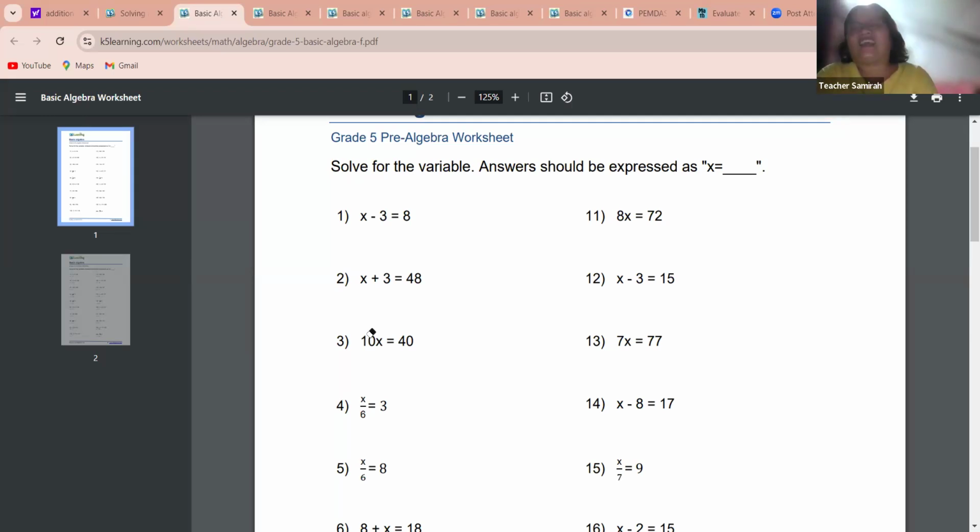I was looking at Tristan. Okay, what are we going to do? I think Noel knows this. Noel, can you tell the class what will be the answer if I have an equation such as x over 6 is equal to 3? Where is Noel? Is Noel with us? Yes, miss. Okay, Noel, how do you get the value of x if you have this equation? Do you know how to get the value of x?